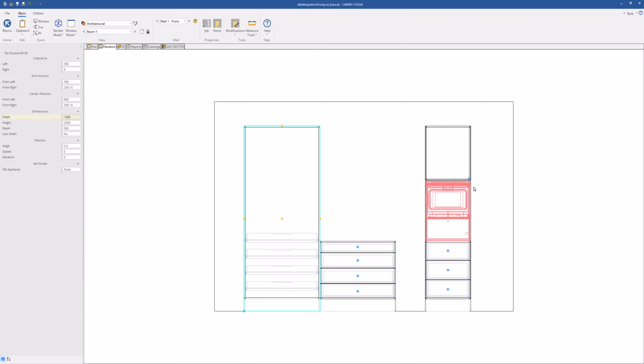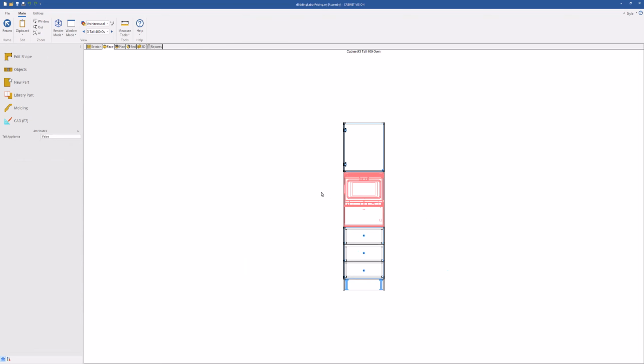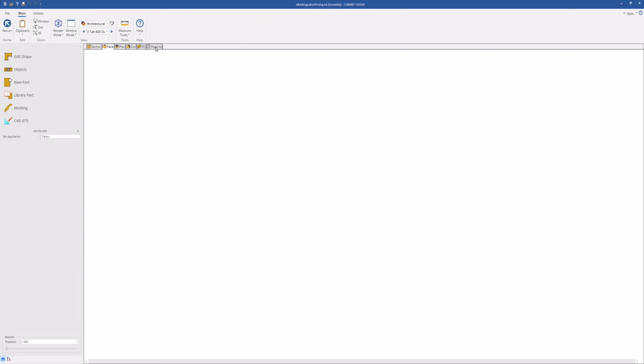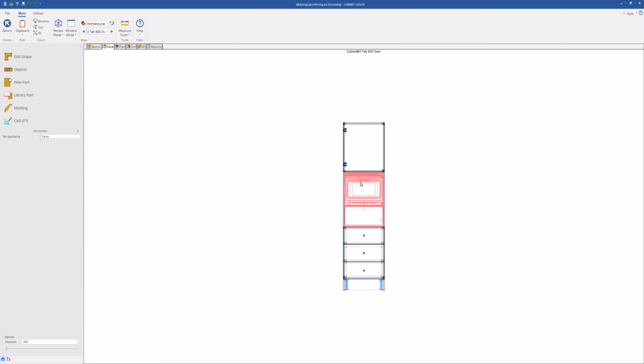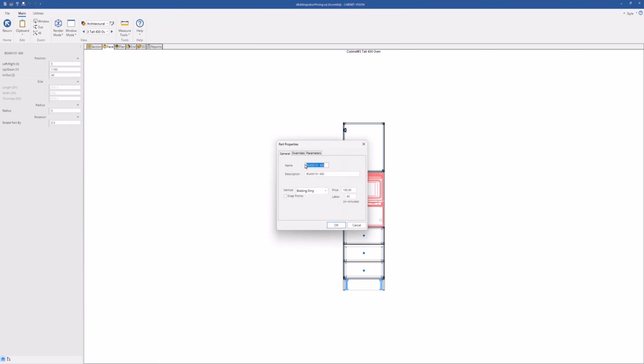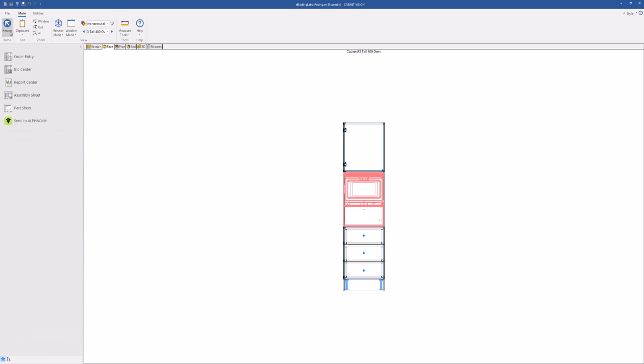The next place is for accessories, and you'll see with this one I've actually got this listed as a sub-assembly, so it's part of another assembly. So if I just head down to cabinet level, and I'm going to head to face view just so I can select the accessory itself, but when I right click on this and go through to properties, we can also see that I've got a labor time that I can input into this and the other accessories that I've got within my job as well. So if I OK this,